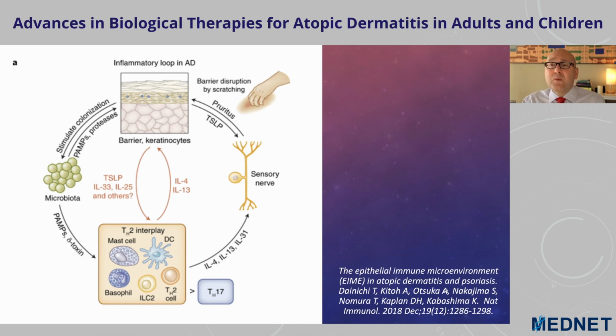This can allow for overgrowth of things like Staphylococcus aureus that then release a whole bunch of different toxins, including things like delta toxin, which not only drive inflammation, but you see it actually feeds back again directly into further damaging the barrier. So we already have a loop started. But that loop even continues where we see now the inflammatory mediators released by the immune cells that have been called to this area. They're driving not only direct itch and more inflammation feeding back onto themselves, but because the sensation of itch makes people want to scratch, when they scratch, bam, we're back at the 12 o'clock position, more